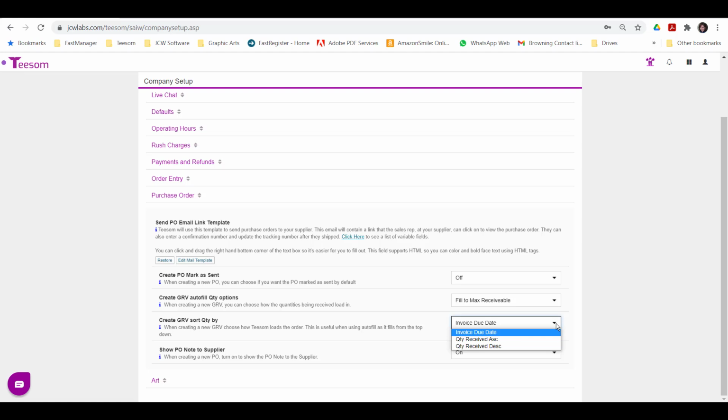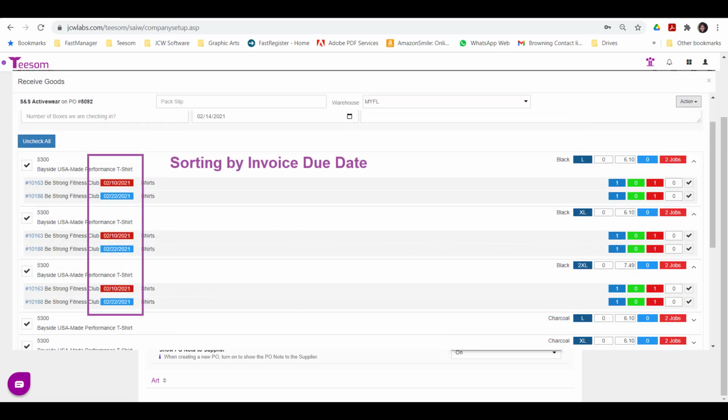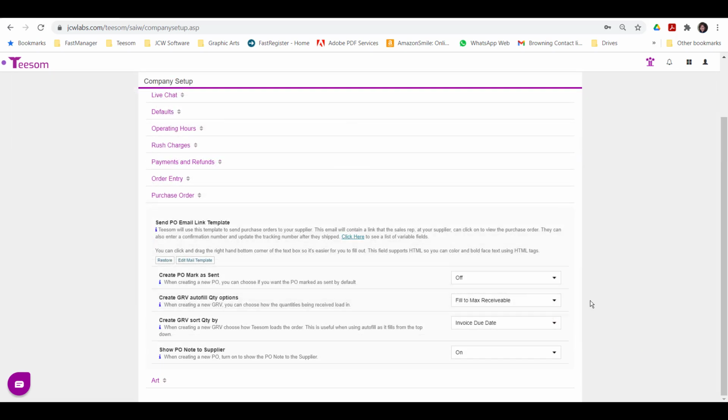You can either use the invoice due date, you can use the quantity received ascending, or you can use the quantity received descending. In this instance, the invoice due date is probably the best selection. If you have the first option set to autofill and then select the next option to quantity received ascending, it will now receive items towards the order that requires the most quantity for a specific style, color, and size